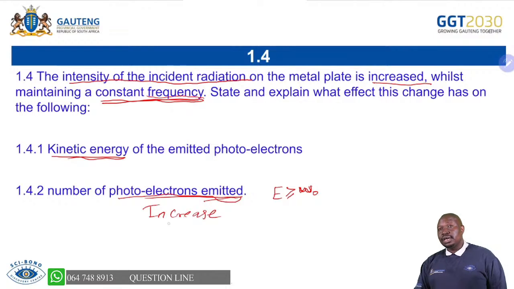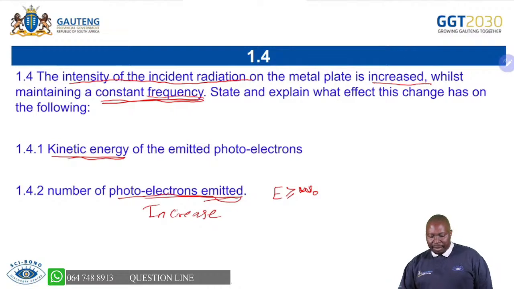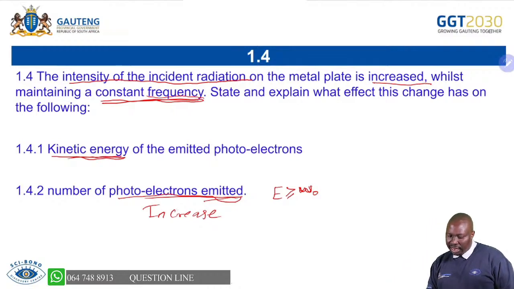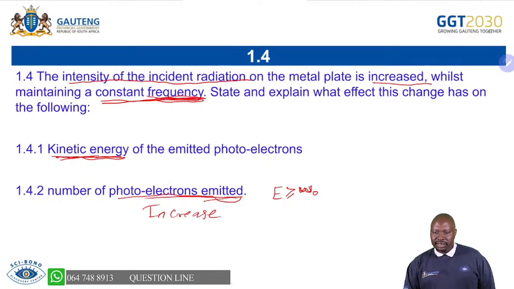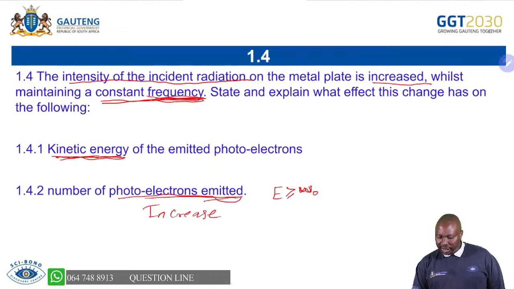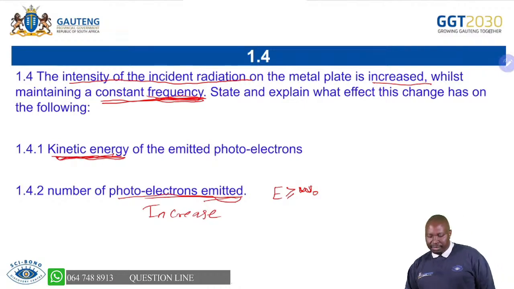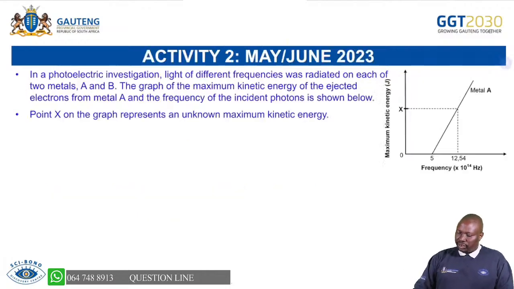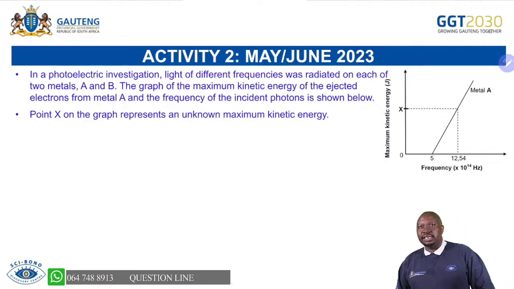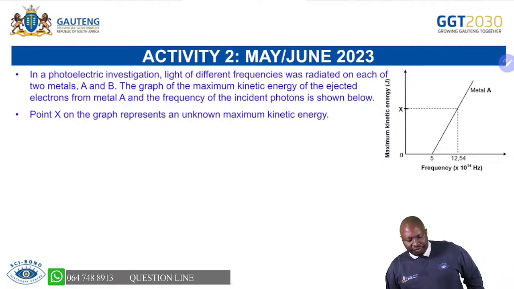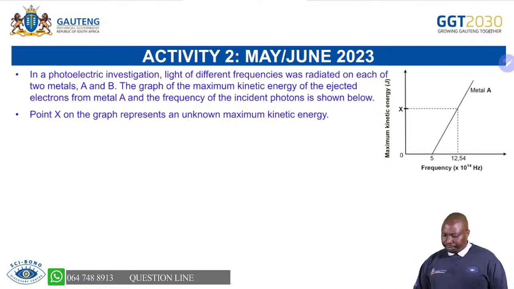So I think you've understood that intensity affects the number of electrons that are emitted, but intensity does not affect kinetic energy. Kinetic energy is affected by frequency, but in this case, we said frequency remains the same. Hence, if frequency remains the same, kinetic energy will remain the same. I hope 1.4 helps you to understand the effect of intensity as well as the effect of increasing frequency or frequency remaining the same. Now, a question paper from May, June last year,